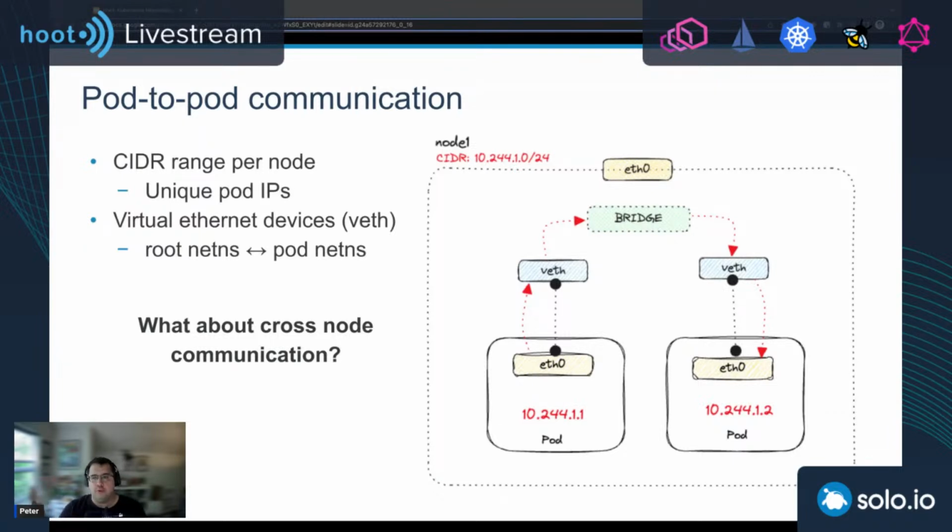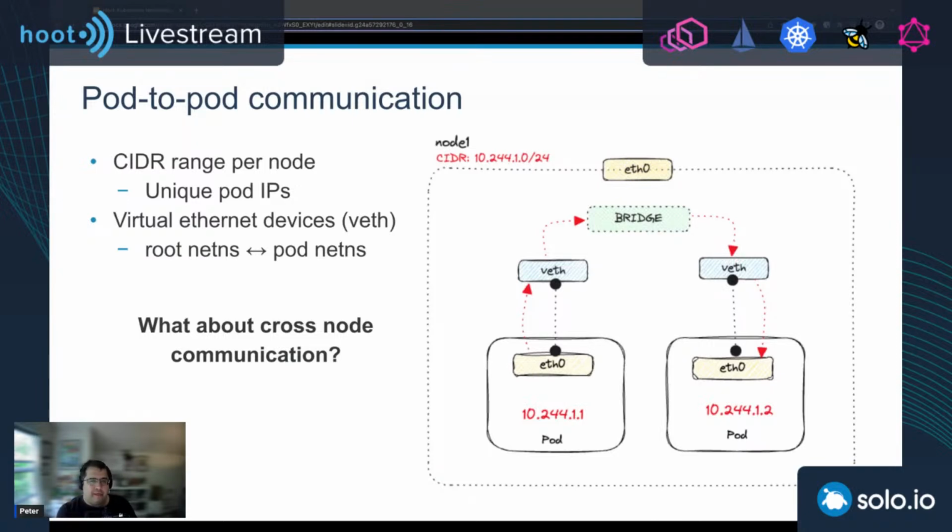Now, the pod to pod communication happens through these IP addresses. Virtual Ethernet devices are used to connect the two virtual Ethernets across the different network namespaces. So in this case, we have one virtual interface that's connected to the network namespace in the pod, so that's eth0. And then we have the other side of the virtual interface that's connected to the root network namespace on the node. So for each pod that runs on the node, there's this virtual Ethernet pair that connects the pod's namespace to the node's network namespace.